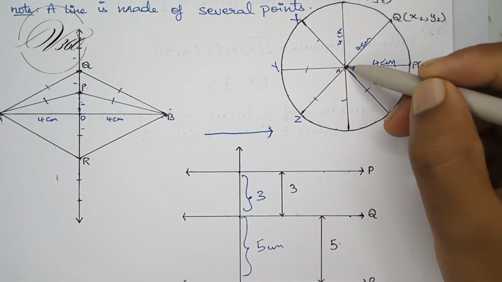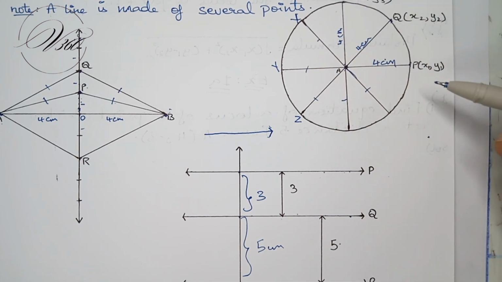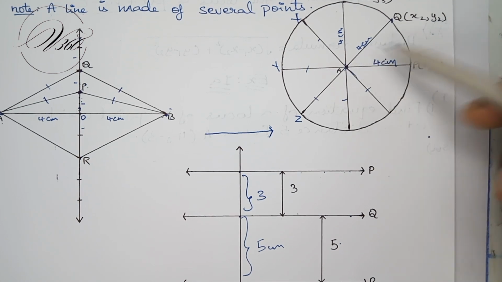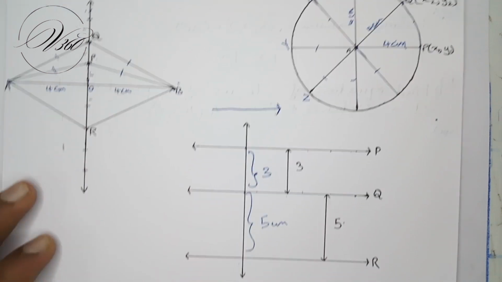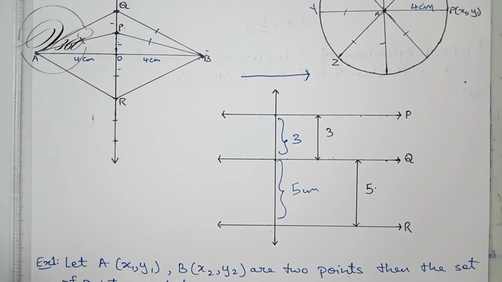From this point, if we connect any point on the circumference of the circle, it is a locus because we get the same length from here to here, here to here, or here to here. Okay. Now we have another diagram, right? In this diagram, we have,